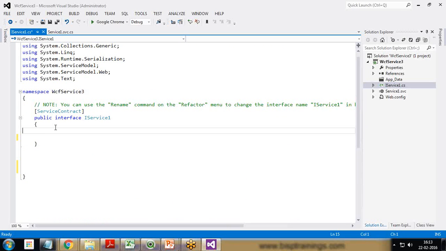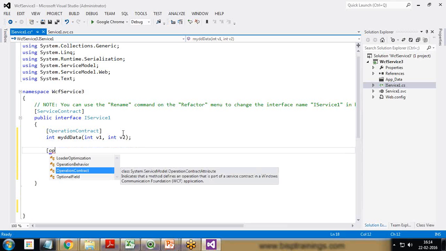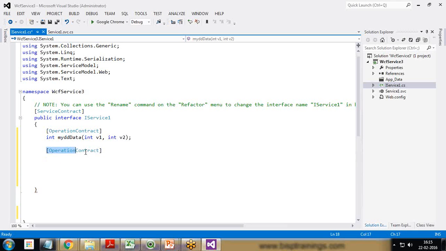So the very first thing I'm going to do is, within this public interface IService1.cs, build two functions with an operation contract. I create a function, int MyAddData, and this will take two parameters, int v1, comma, int v2. Then I want to create one more function. Every time you want to create a function, you need to specify this operation contract, and int MySubData, int v1, comma, int v2. That's all in this